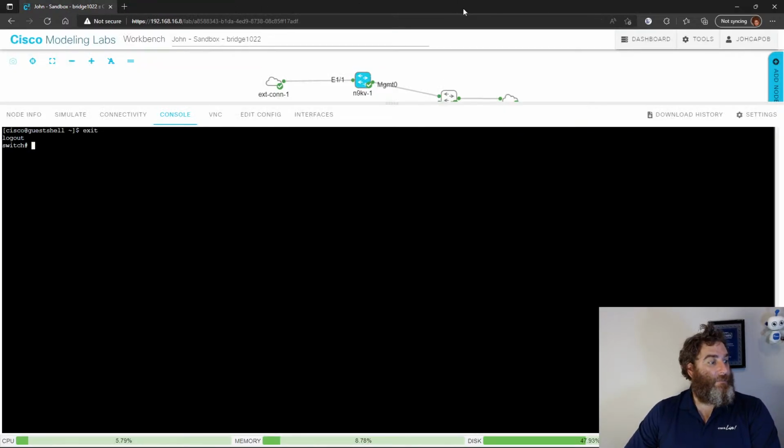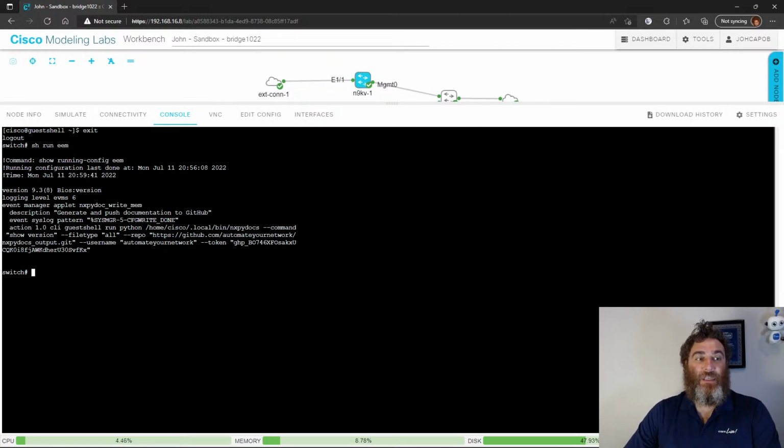Okay, all right. Let me just level set where we're at. The idea here is that from the guest shell, and I'll go into guest shell in a second, we have a new Python app that we've pip installed into guest shell. If I do show run eam, now this doesn't work. We've already established that I can't do this with this version in the CML. But